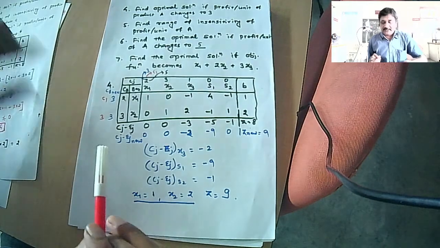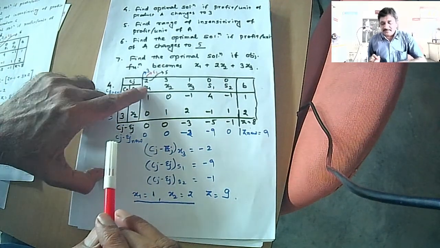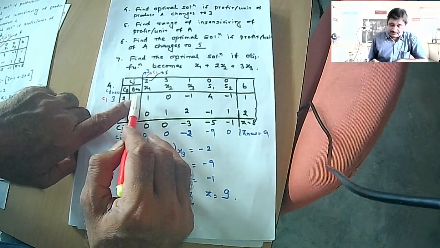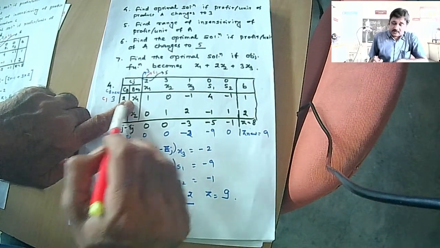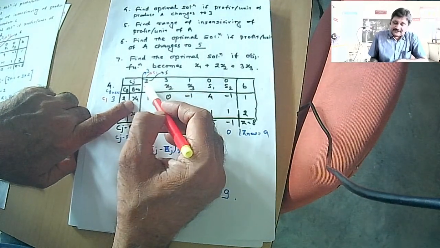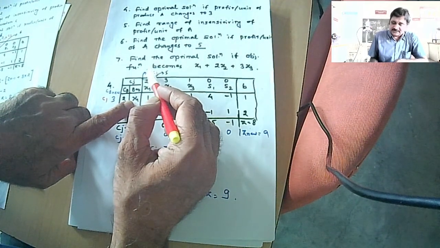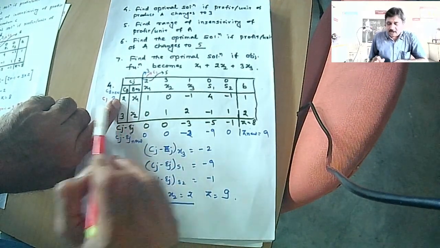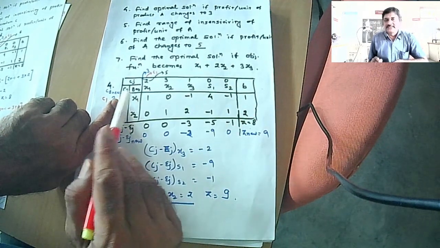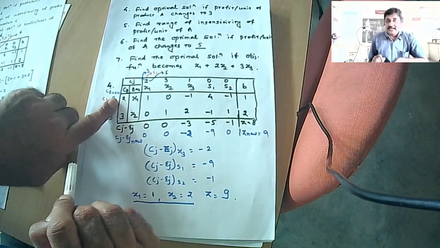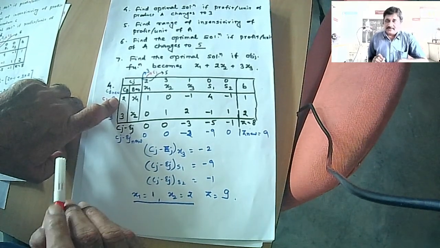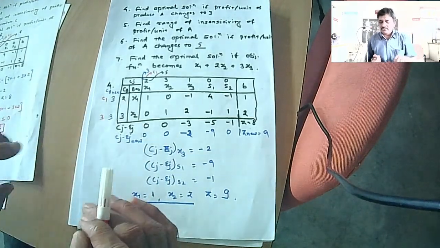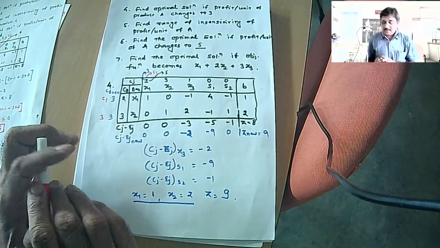But now what is happening? X1 is here, and being a basic variable, it is here too. Now, if some change occurs in the coefficient of x1 in the objective function, that change will occur here as well. And as soon as it occurs here, all Ej's will change and all Cj minus Ej's will change. But there is one relief: Cj minus Ej for a basic variable will remain 0. So you don't have to calculate Cj minus Ej for a basic variable.